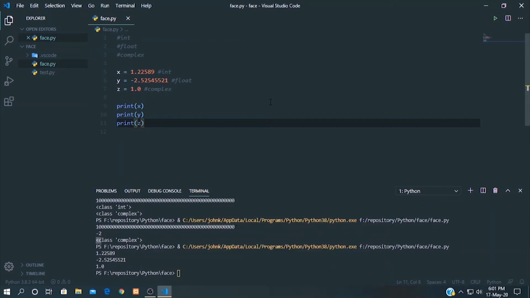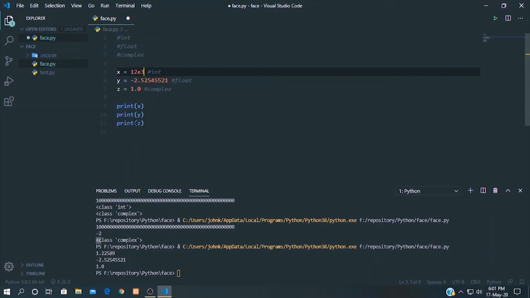Float can also be scientific numbers with an e to indicate the power of 10. Let's create one variable, 12e3.